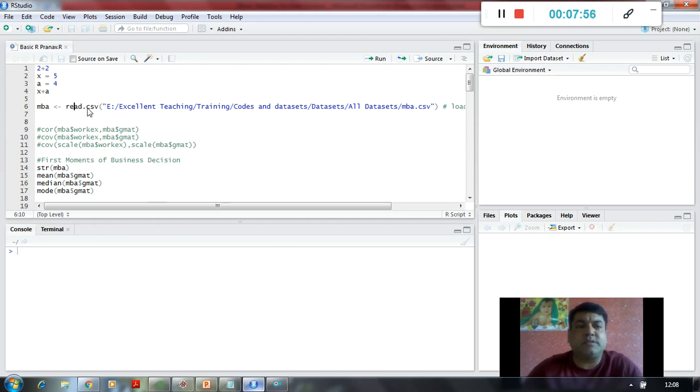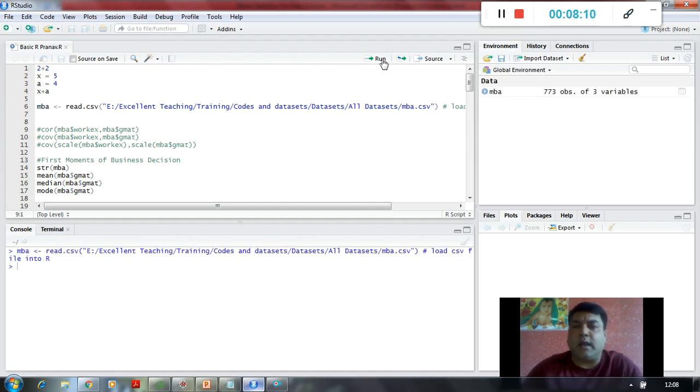So read.csv is the function. I have given the path to the file, and the file name is mba.csv, and I am going to store that file into a variable called MBA, right? So I am storing it, and now you can see over here the MBA data set is there, which has three different columns: data serial number, workx, and GMAT, right? So there are 773 observations and 3 variables.